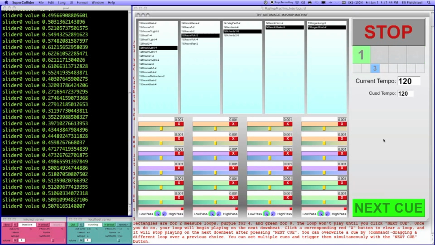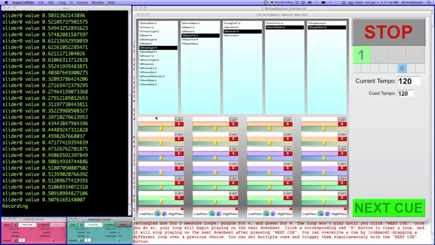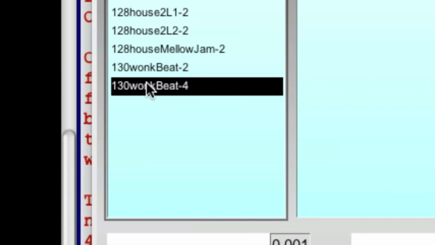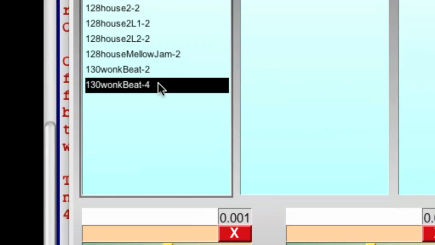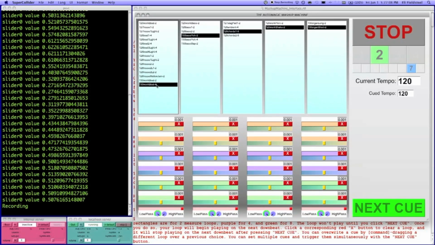So the machine is active. Let's throw something into the machine. I'm going to start with a beat. I'll start with Wonk Beat 4, which is right here. And here's how I've named my sound files. I start with the original beats per minute. We're at 120 and this is at 130, so it'll be a little slower than usual. And then at the end I put a hyphen and the number of measures to remind myself of how many